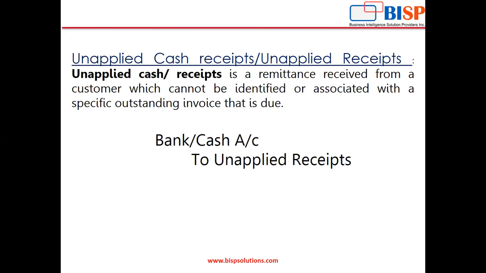The reason may be they have partly paid some invoice, the invoice has been paid after it had been declared a bad debt, or the invoice has been paid after being aged. There are so many reasons that it can happen. So these are basically what unapplied cash receipts are, and we are going to see the reconciliation of these